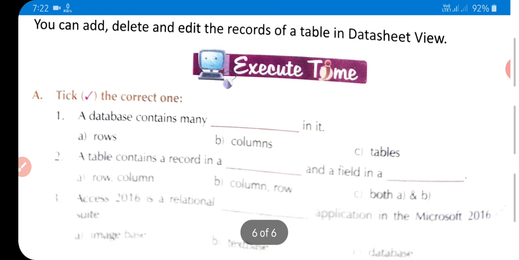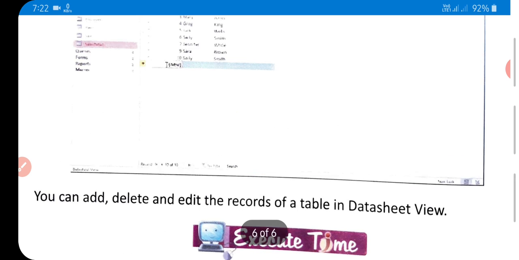So here, students, your chapter will be completed. After that there is your exercise. You do part A in your book, and B and C I will send you as a PDF. So students, this is chapter 4 which we completed, and after that our next chapter is